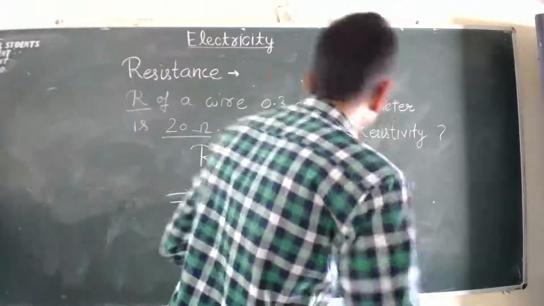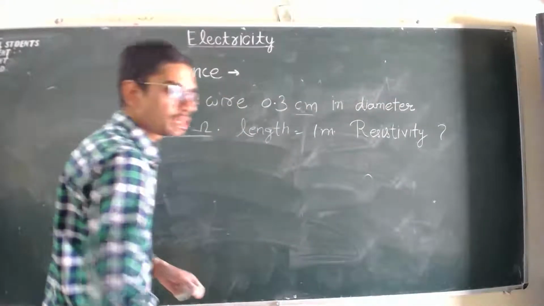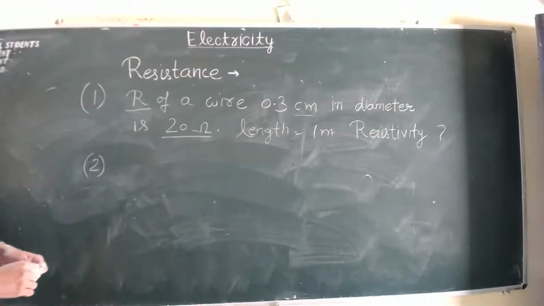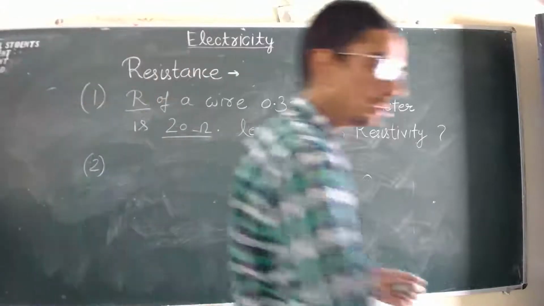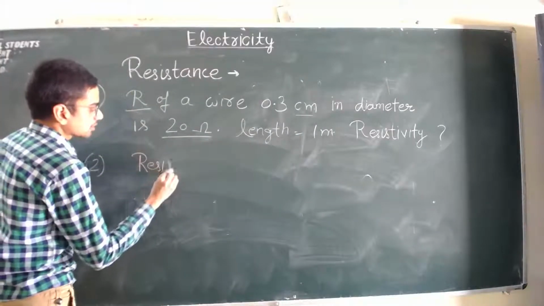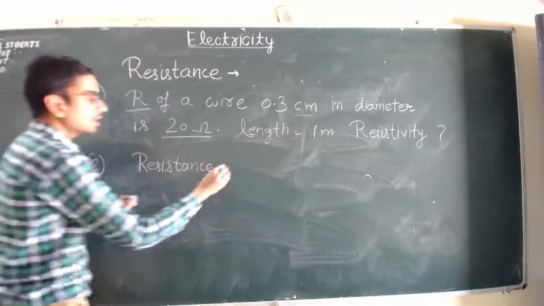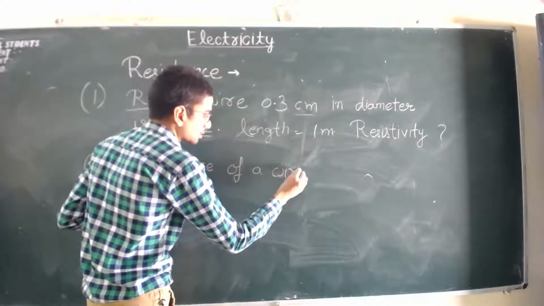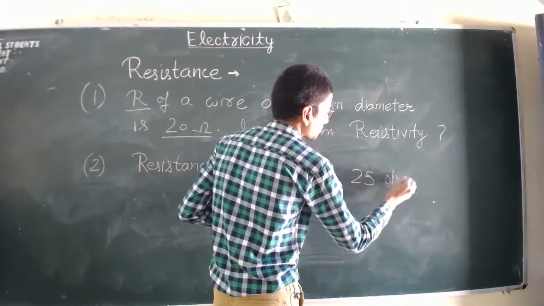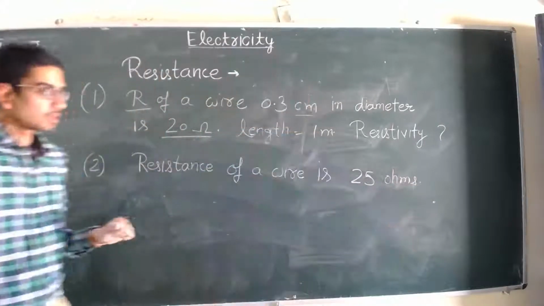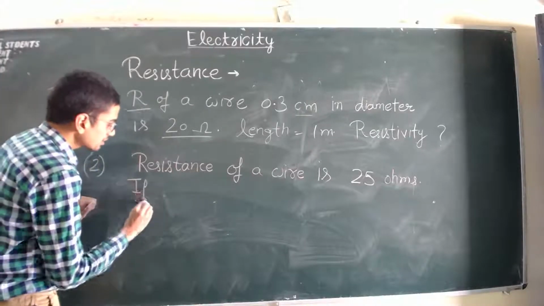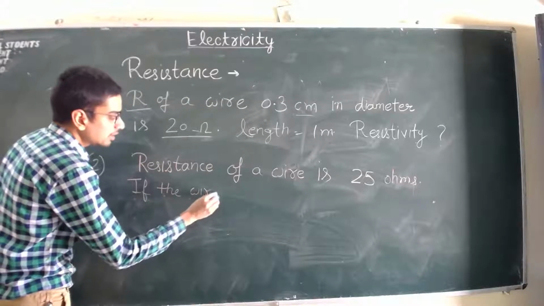Second question for today is, this is the last question, last section of this class. फर्स्ट क्वेश्चन ये है, सेकंड आप लिखिए, बहुत इजी क्वेश्चन है। रेजिस्टेंस ऑफ अ वायर is 25 ohms. Okay. If the wire is doubled in length,